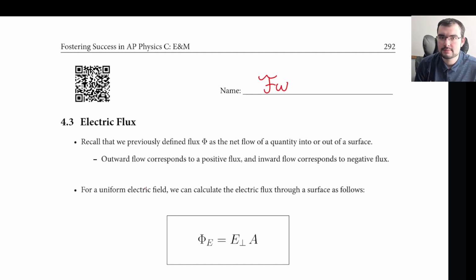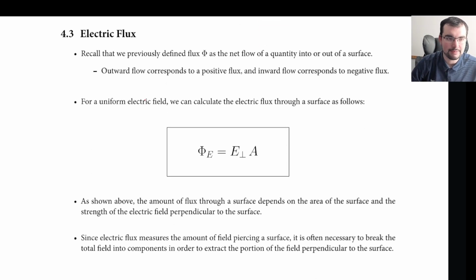All right. Today we're going to talk about electric flux, which is the flow of field into or out of a surface. This is going to be analogous to that concept of magnetic flux we looked at earlier, where it's the amount of field piercing an area. So we're going to define the flux phi through a surface in a very similar way, where instead of the perpendicular component of the magnetic field piercing a surface, we're just going to do the same thing with the electric